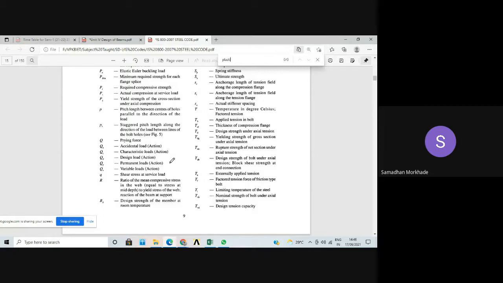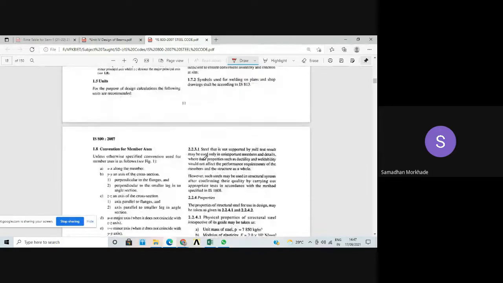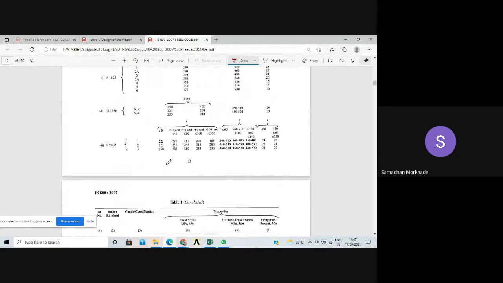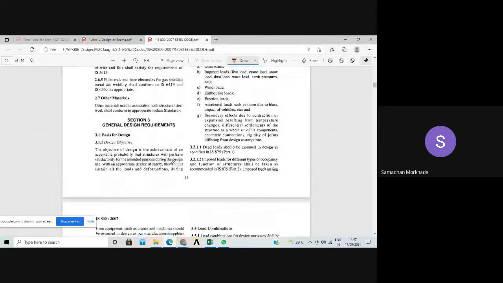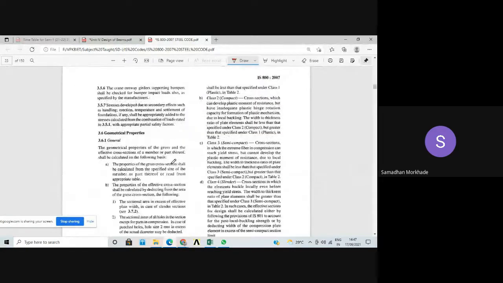Why is it showing like this? It is also called as class 1. Just wait. I will show you so that you have an idea about it, because that is the important point. Control F is not working. I don't know why. This first is the tensile property table. IS code knowledge is very essential, at least the basics whatever we require. Not everything, but yes, here.